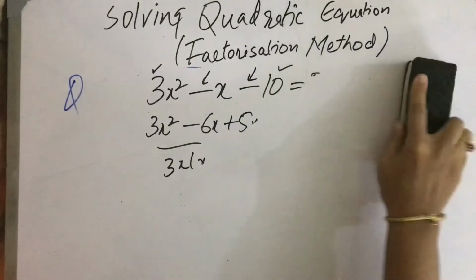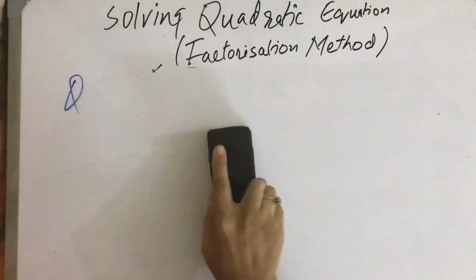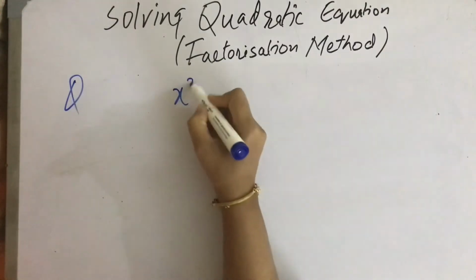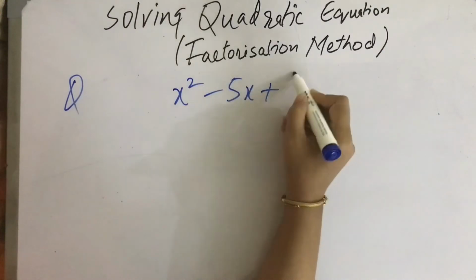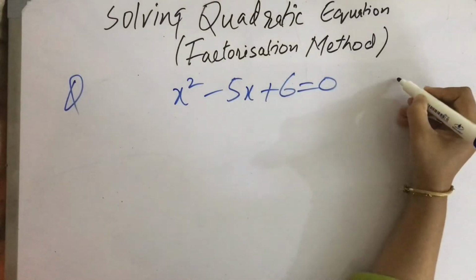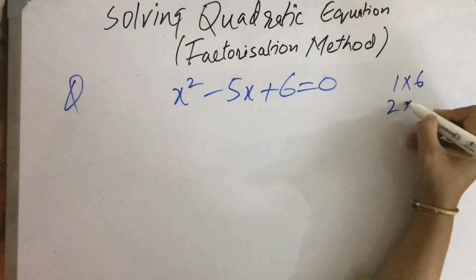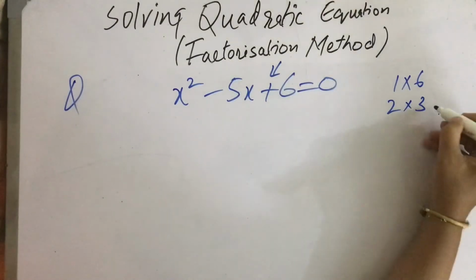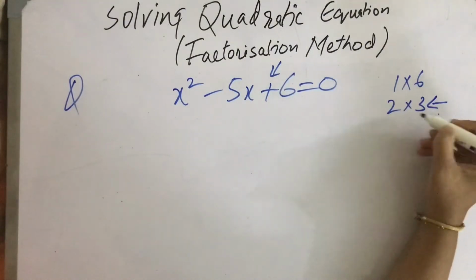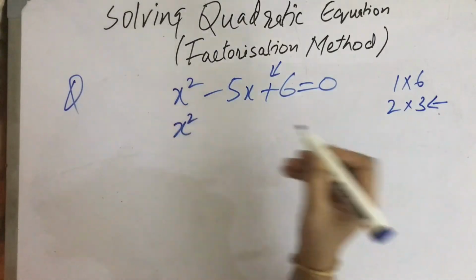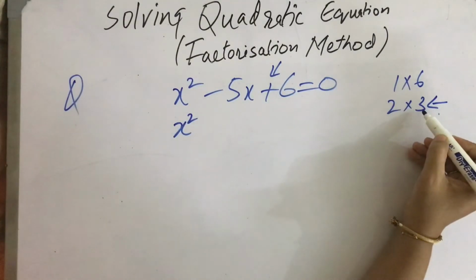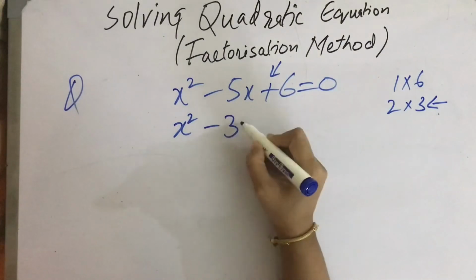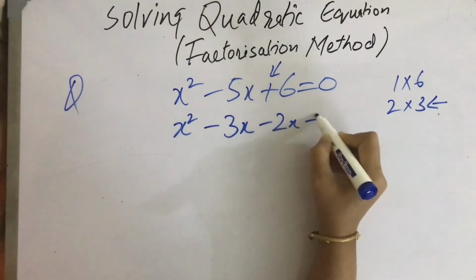Okay, now I was discussing that if the c is positive, how we are going to handle it. For example, if we have x square minus 5x plus 6 equal to 0. So the factors of 6 will be 1 into 6 and 2 into 3. This is positive, so the two factors are going to be added. In this option, we have to add 3 and 2 to get 5. And this sign is negative, so 3 will be negative, and when we have to add, both signs will be the same.